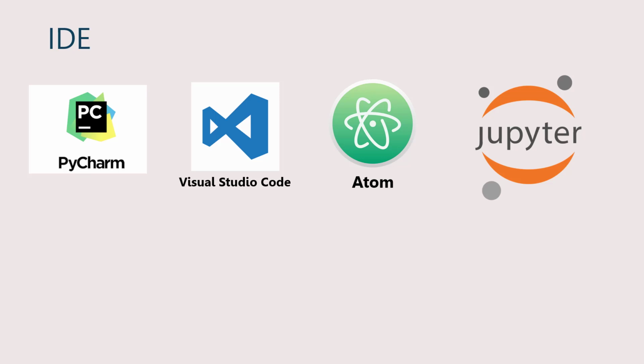And similar to Visual Studio Code, Atom is also open source. It has a similar set of features that Visual Studio Code has. And next is Jupyter Notebook, or in fact it is Jupyter. Basically